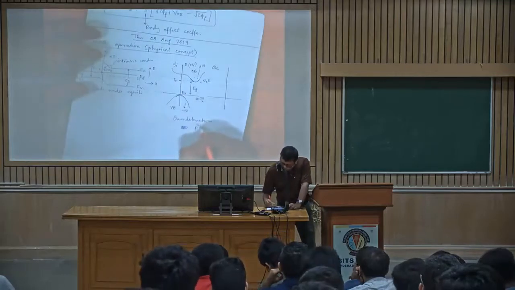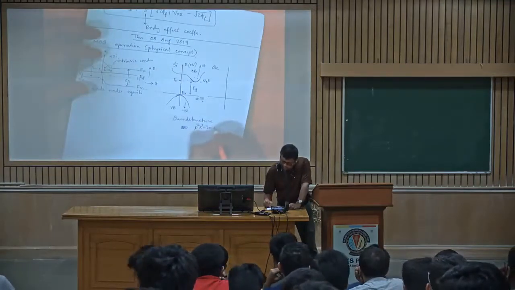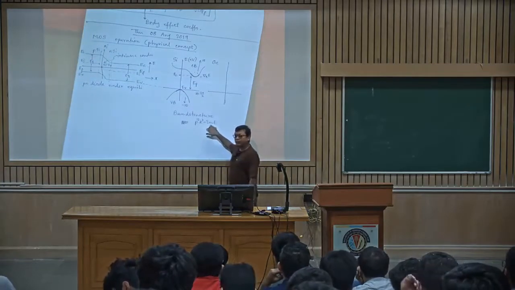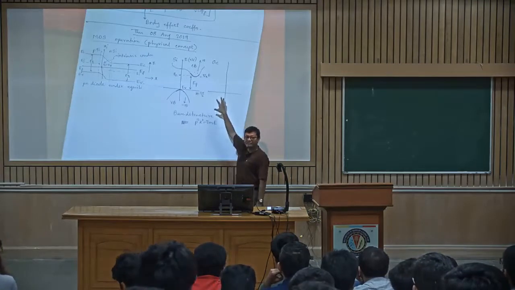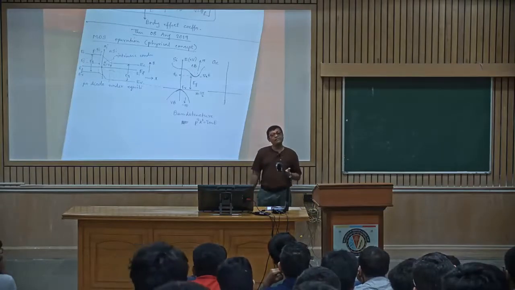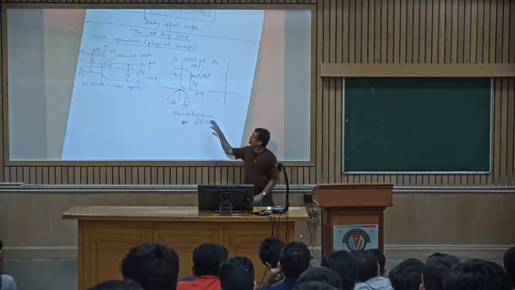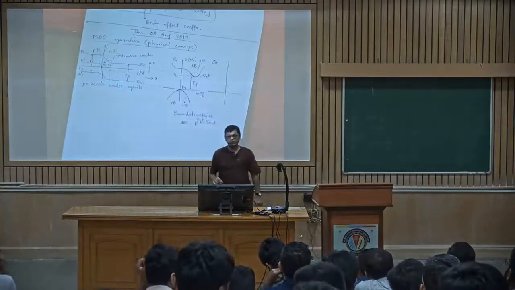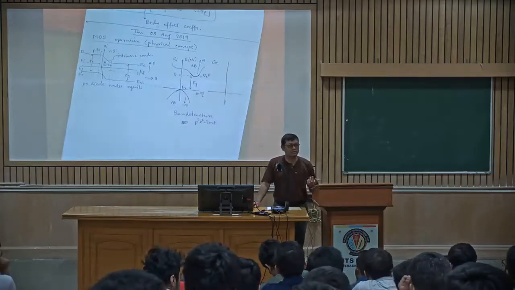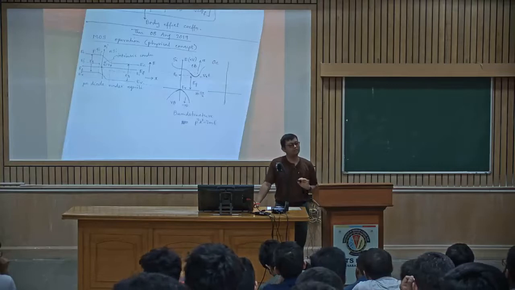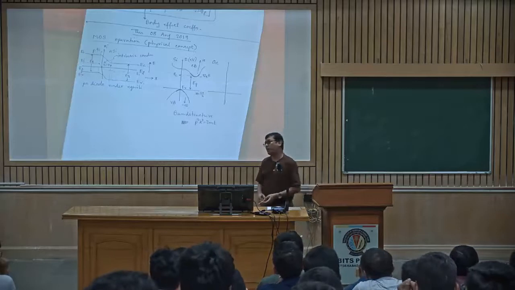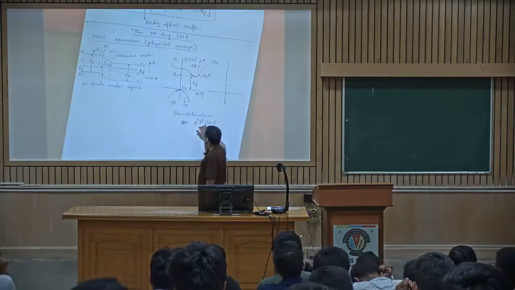P square K square is equal to twice ME. All I'm suggesting is that the effective mass of the electron inside that band structure, or inside that material, is going to have any significance if and only if it is having the variation of the energy. So what is mass from the physics perspective? It is just the measure of the inertia, correct? If it is the measure of the inertia, how fast the electron will move or how slow it will move will essentially depend on this effective mass.